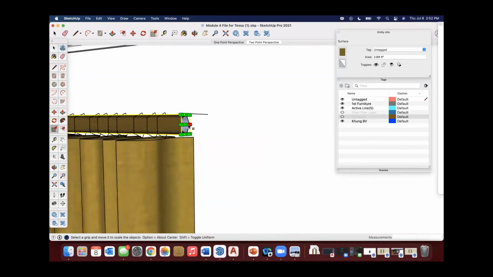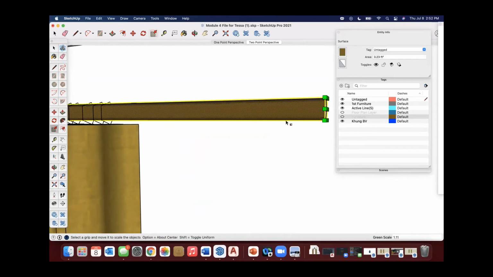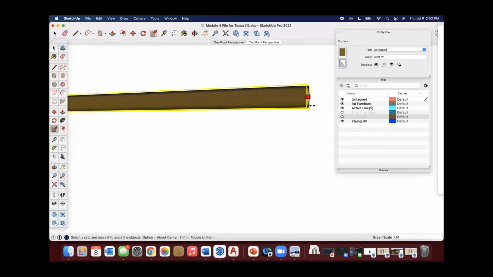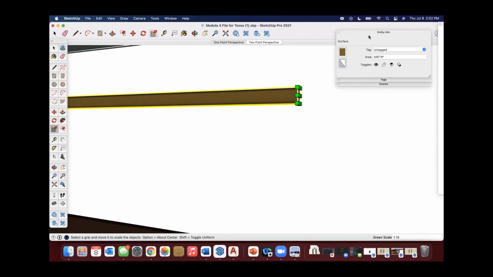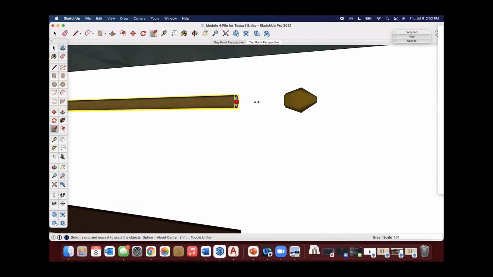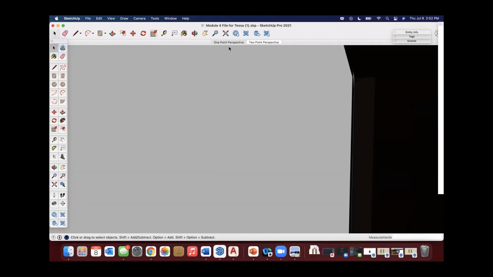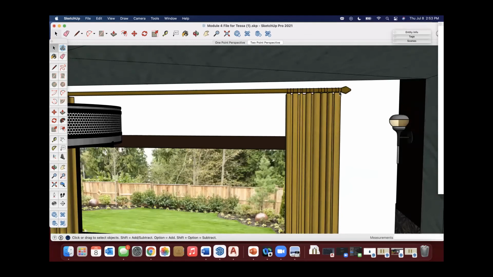I'm going to grab it from the center square, or the center cube there, because I'm just pulling it down. I'm not changing the dimensions of the rod, like the actual circumference. I don't want to do that. The circumference is fine. Here, let me minimize this. There we go. Using the center. And I'm going to lock it on. There we go. And now you get inside your model. And now I'm just going to take this one and move it down and eyeball it till about where it's supposed to be. There we go. And so now we've got drapery.